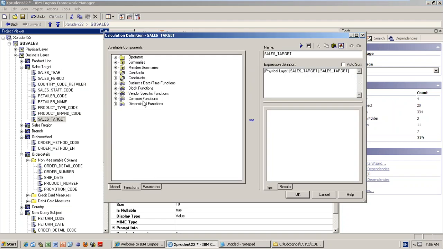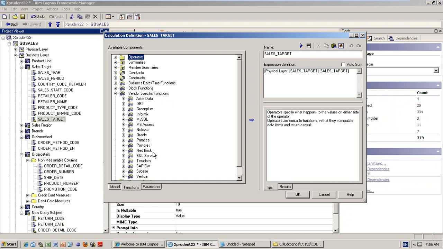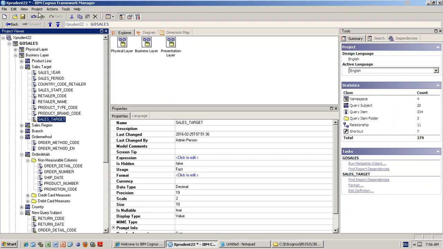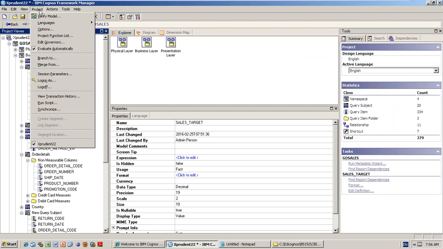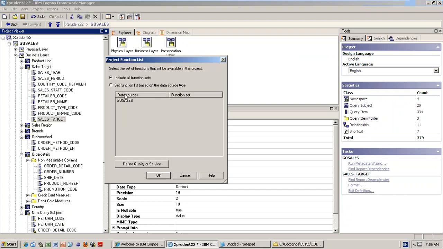But if you don't want all the functions in your project, and you want only the Go Sales database, say for example DB2, then you select functions.